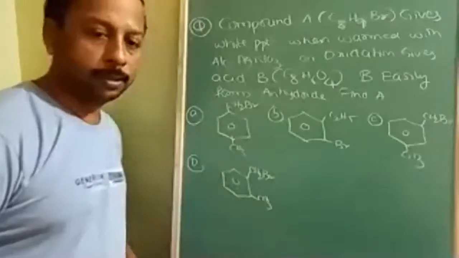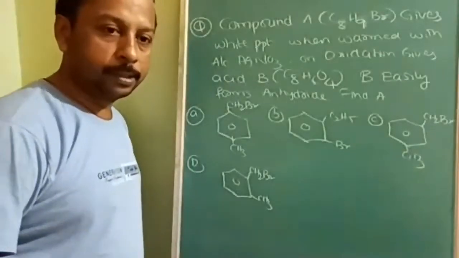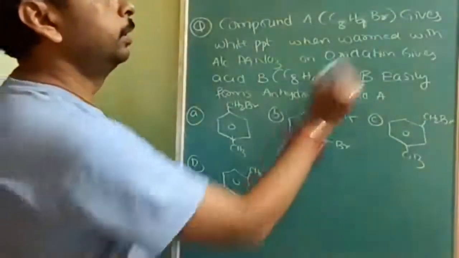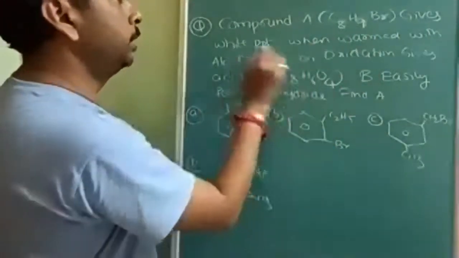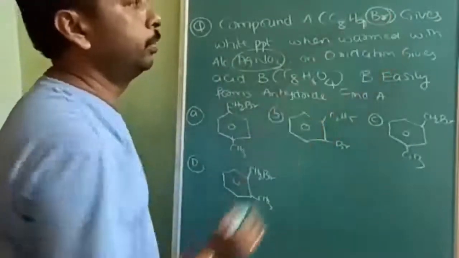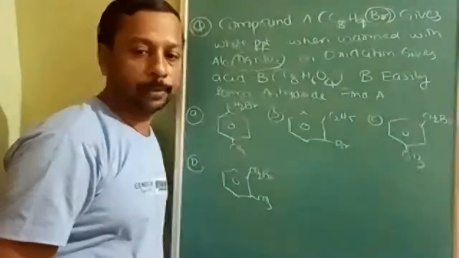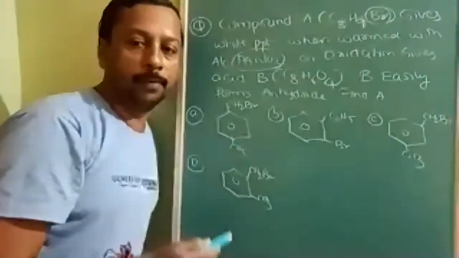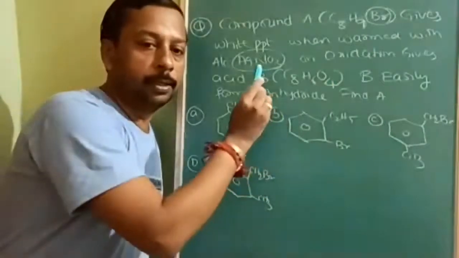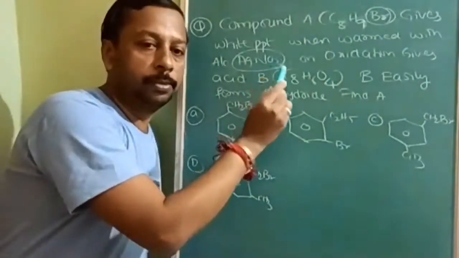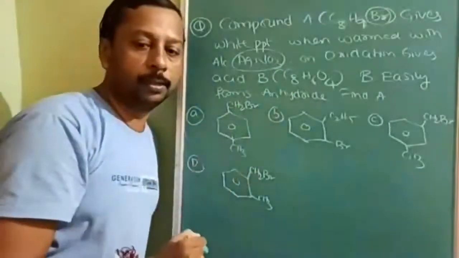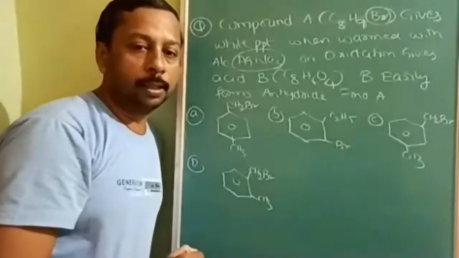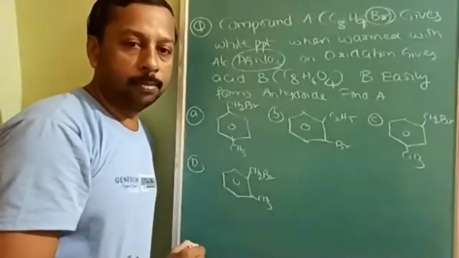In this question, you are given some identification reactions. You have to identify the compounds. So here, if it is able to react with AgNO3, that means bromine should not be a part of the benzene ring. From the C8H9, that means a benzene ring will be available. But bromine is able to react with AgNO3, which means it should not be directly connected to the benzene ring. Because when bromine is directly connected to the benzene ring, then there will be partial double bond character.